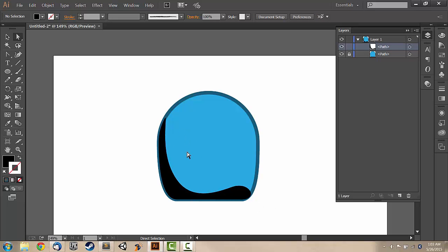And depending on the style you're going for, these shadows don't have to be super realistic. They can be just a little stylized. So I've got this shadow here,